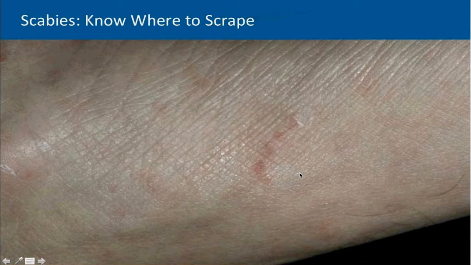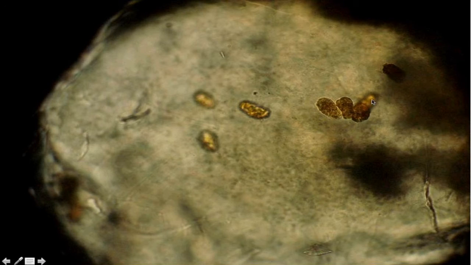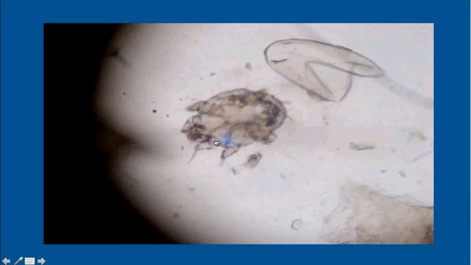I realize that most offices don't have microscopes anymore, thanks to CLIA, but it's a very easy diagnosis to detect. This is the path of a mite, and on one end or the other, the mite will be. It's sometimes hard to see, but in this case, you can see a very small gray dot at the end of this burrow, and that's the mite. So you can very easily pick that out and put it on a slide and check. This is a younger scabies mite. This is pathognomonic, diagnostic as well. This is scabies poop under the microscope. When you see these brown pellets, even if you don't find a mite, that's diagnostic of scabies.